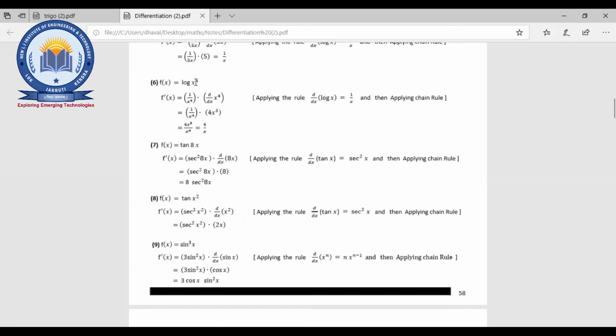Now another thing is what? Log x raised to 4. So same way 1 by x, so 1 upon x4 as it is, okay. Then another one is what? D by dx of x raised to 4. So x raised to 4, that means what? 4 whatever power into x and 1 less than, so it is 3, okay. Any doubt up to that? These all are of chain rule example, right?